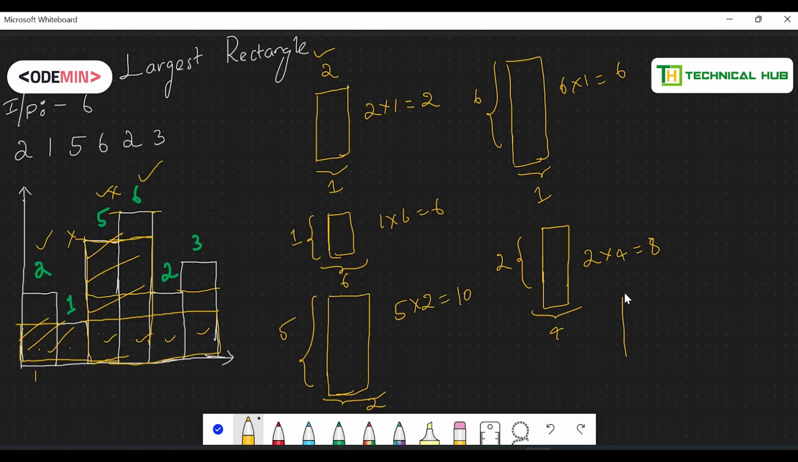Okay, now let us compute for 3. Let us compute what if you choose to create a rectangle with the help of 3 height histogram. Okay, the height is 3, fine. So can you extend towards its left? No, the next left itself is smaller than 3, so you can't extend your rectangle, right? Can you extend towards its right? No, because the 3 itself is the last histogram, you don't have other histograms to extend towards its right. So you can create only 3 of height and the width is 1, so the area will become 3 into